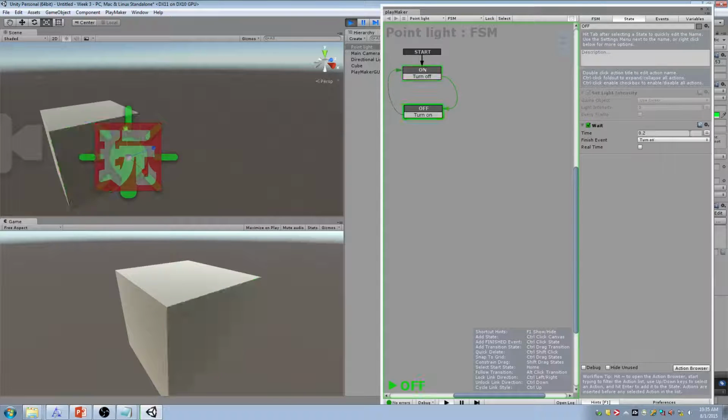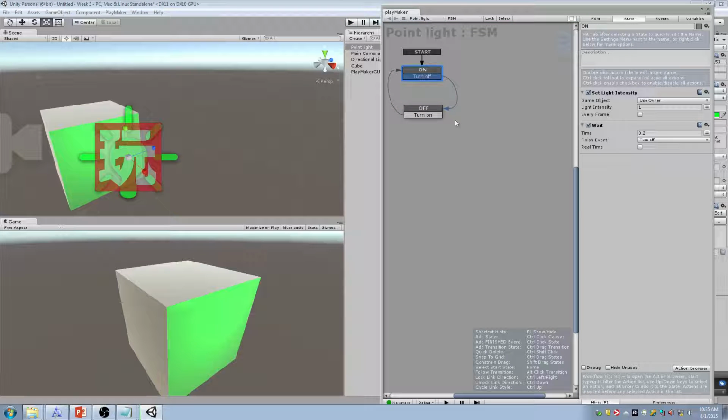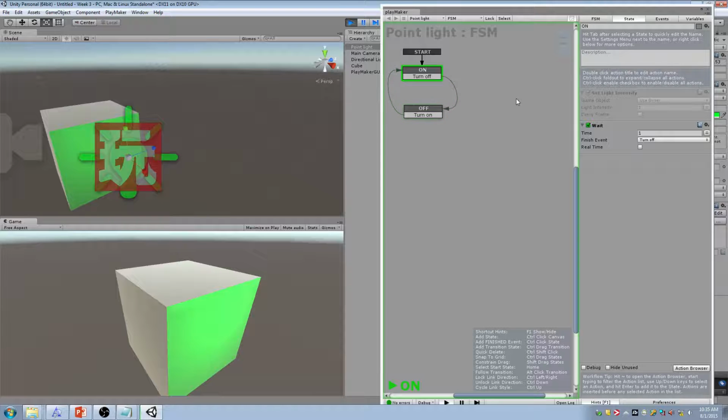Right? There's nothing that says I had to have them both be the same time. Maybe I want it to be on for 1 second and off for 0.2. Maybe I want it to be on green longer and then flash. That's how the wait state, the wait action works. It lets you control time. Now,